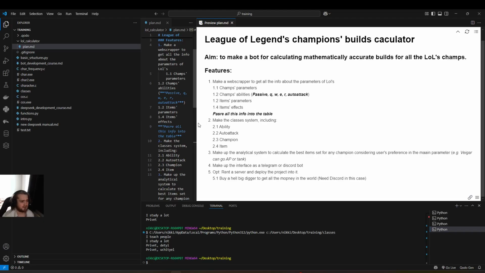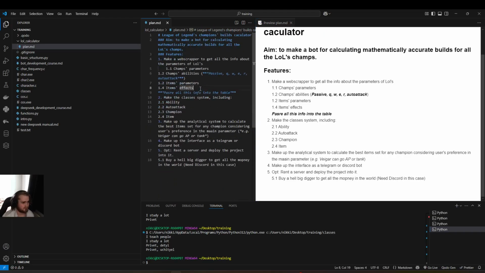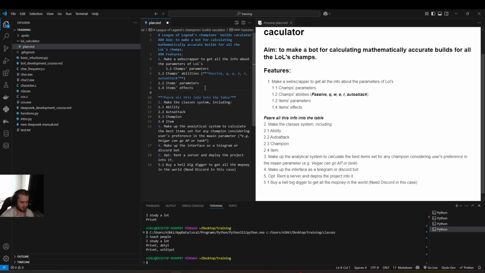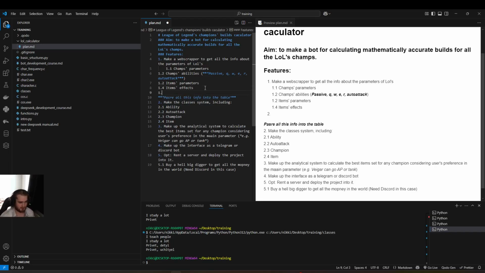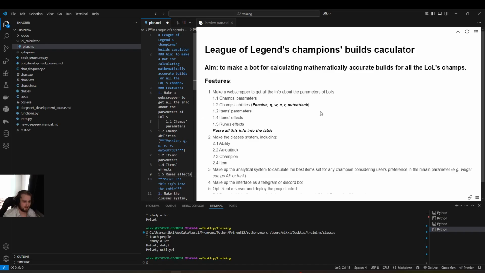Items parameters and items effects, but also, I suddenly realized that we missed something very important. Runes effects. So, we will scrape them and then we will parse them.